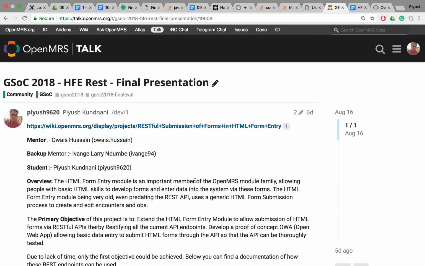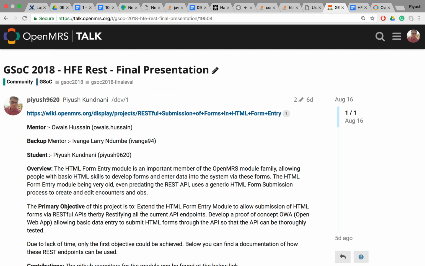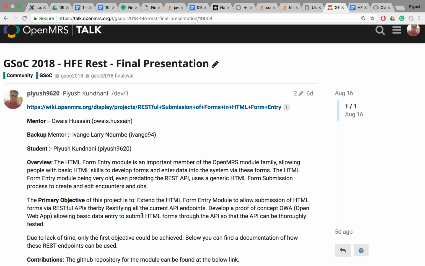I was involved with OpenMRS for the summers and I was assigned a project called HFE REST, which is basically HTML form entry restified version. My primary mentor was Wes Hussain and my backup mentor was Evangeline. I'll just give you the overview of the project first, and then later on we can see a live working